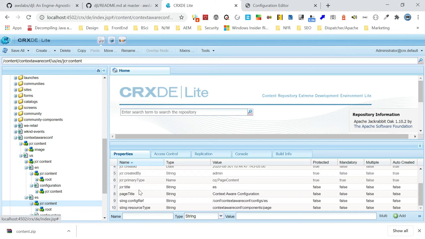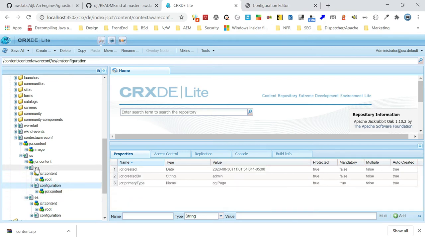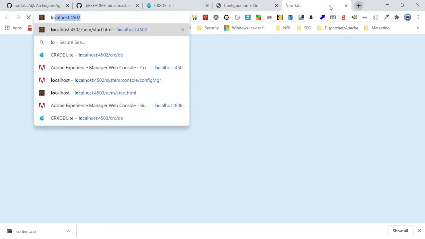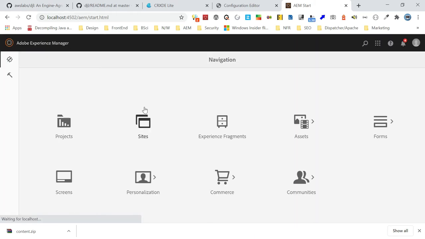Now this is ready. Next, you need to create a configuration page. I already have a configuration page under this EN, and also under this ES. It was created with that particular configuration page template. Let me show you. If I go to localhost, whatever level you want to manage the configuration at, you can create this configuration page.